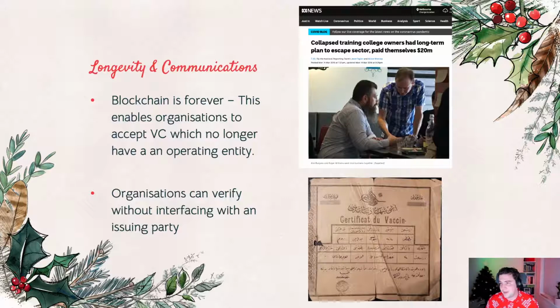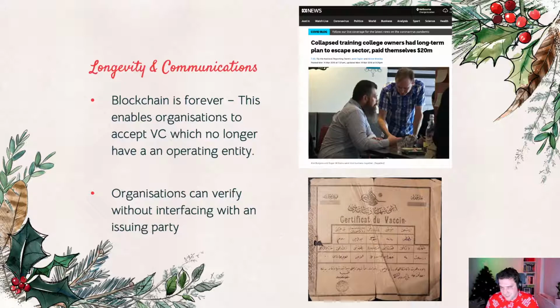All of a sudden, that prospective employer is looking at this poor student saying, hey, did you pull a dodgy and invent a university for me? Decentralized identity is really cool because it enables that long-term, beyond-operating identity scenario. You can verify information without ever interfacing or talking to the issuing party.